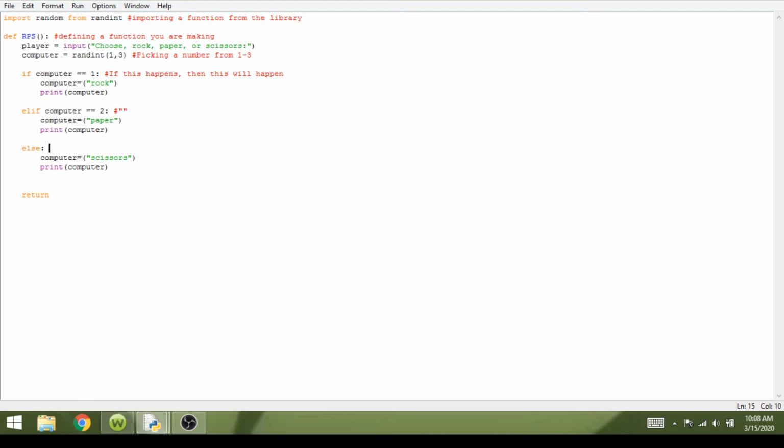And then this is if anything else happens, run this. And now we're going to do the statements for if player equals something and if computer equals something. I'll show you what that means in a second. So if player equals scissors,